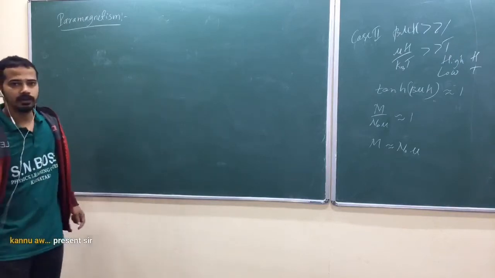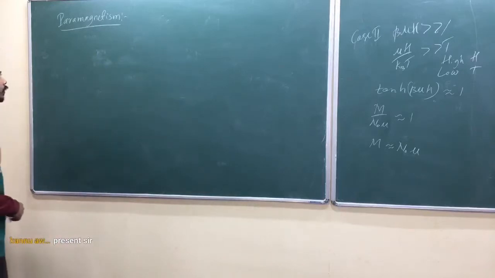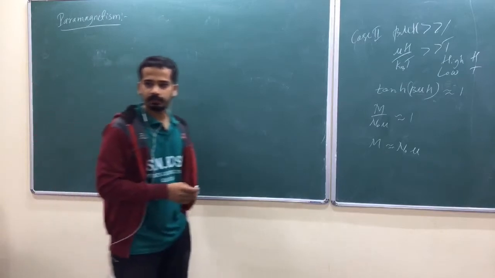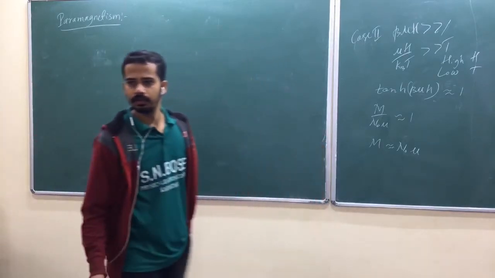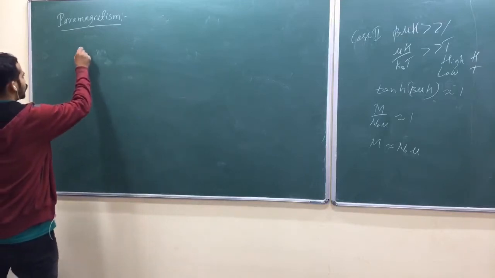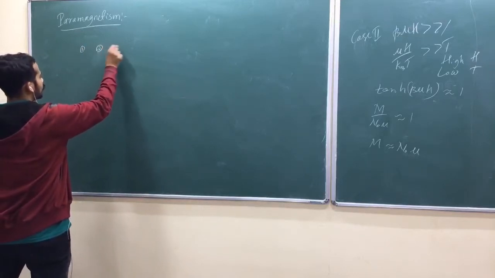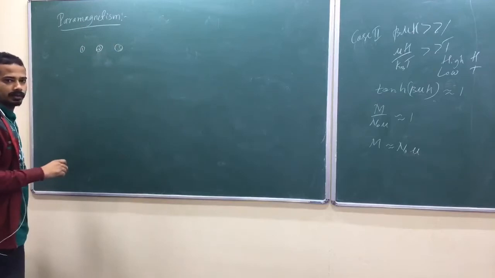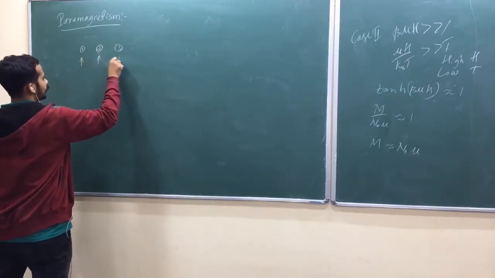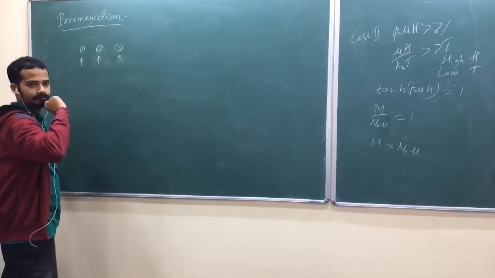Now let me show you how it works, okay. We have taken 3 spin-half particles as an example in the very beginning. Do you remember? I think in the first chapter, am I right? First chapter. So 3 spin-half particles: first particle, second particle, third particle. Is that okay? Spin up, spin up, spin up, isn't it?